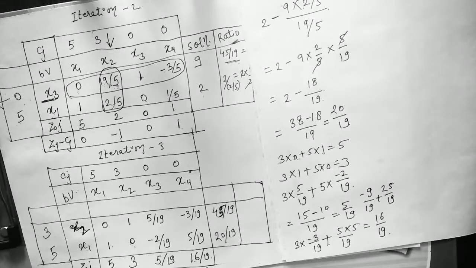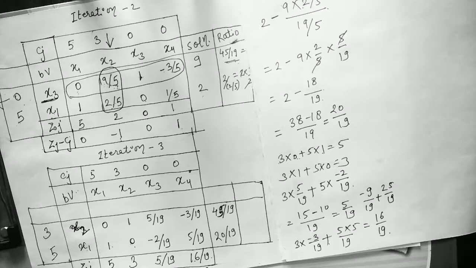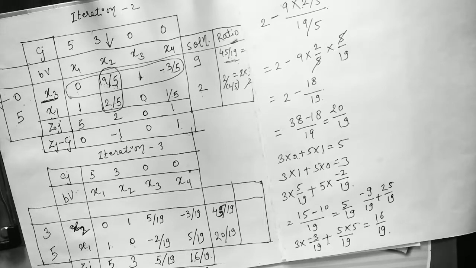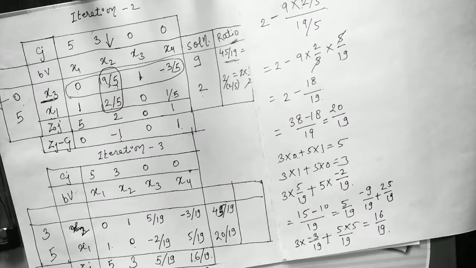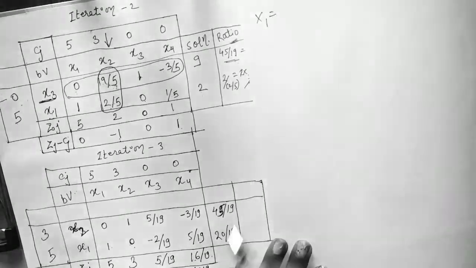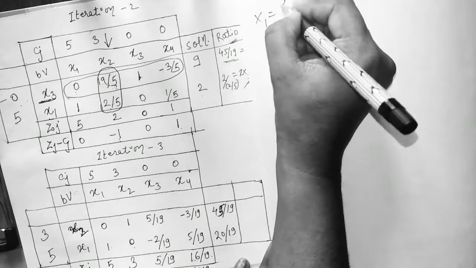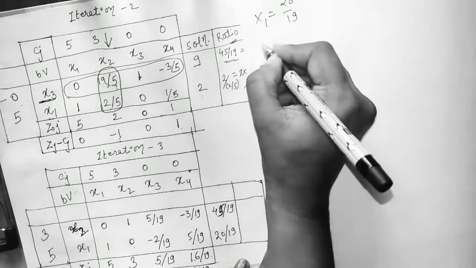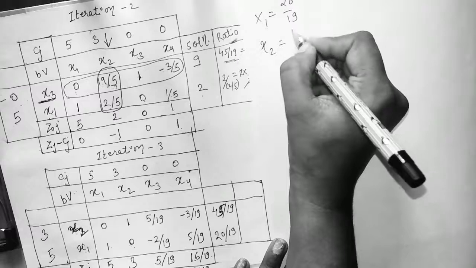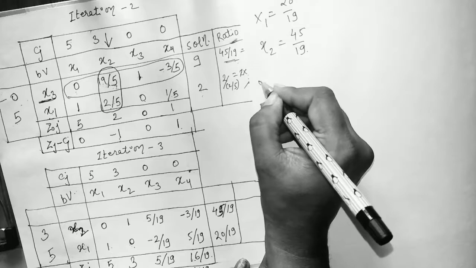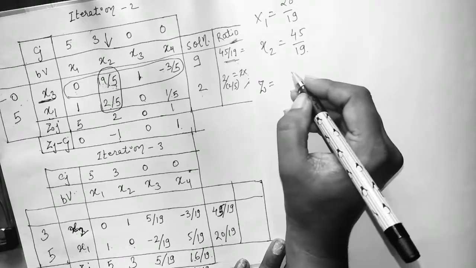Here we can see that all the values of Zj minus Cj are positive, all are greater than or equal to 0. That means this is the optimum solution. Optimum solution is here. You can see x1 is equal to 20 upon 19, and x2 is equal to 45 upon 19, and the maximizing objective function was,